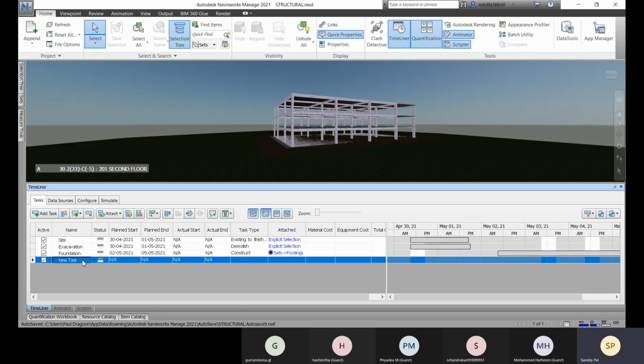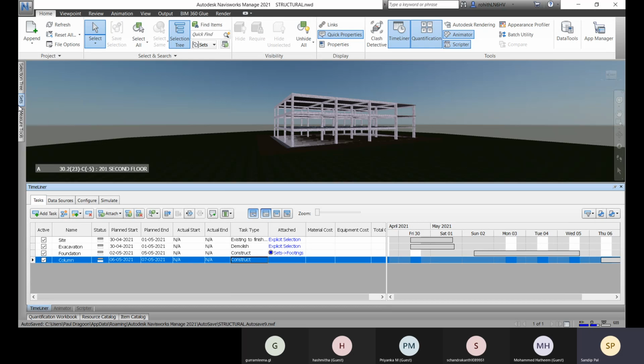Add task. Go for column. Let's assign it. Okay, and type is construct.